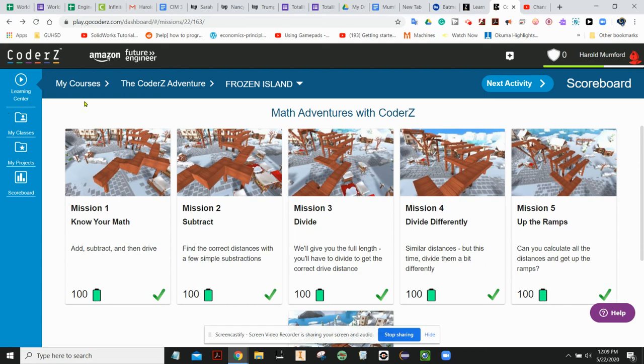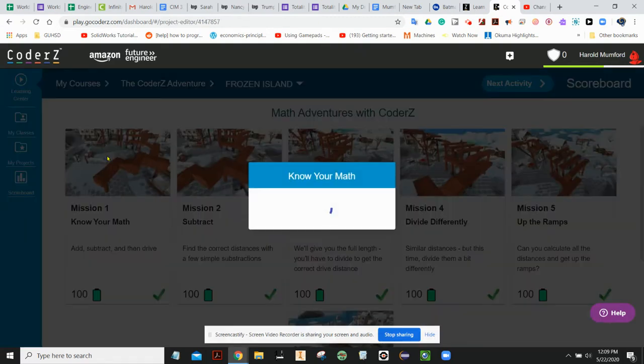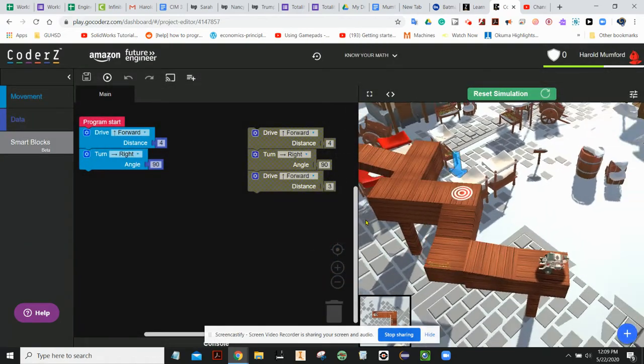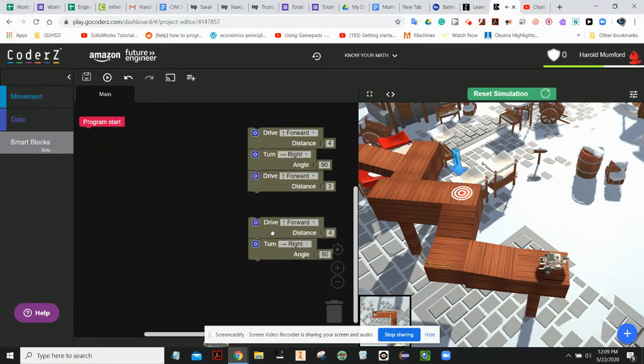So once you've logged into CoderZ, it's going to give you the opportunity to complete a series of missions. The first mission is to just know your mathematics. So I'm going to go ahead and click on that and wait for my playground to open. Now the truth is, I already came in here. Yours will take a little bit longer to